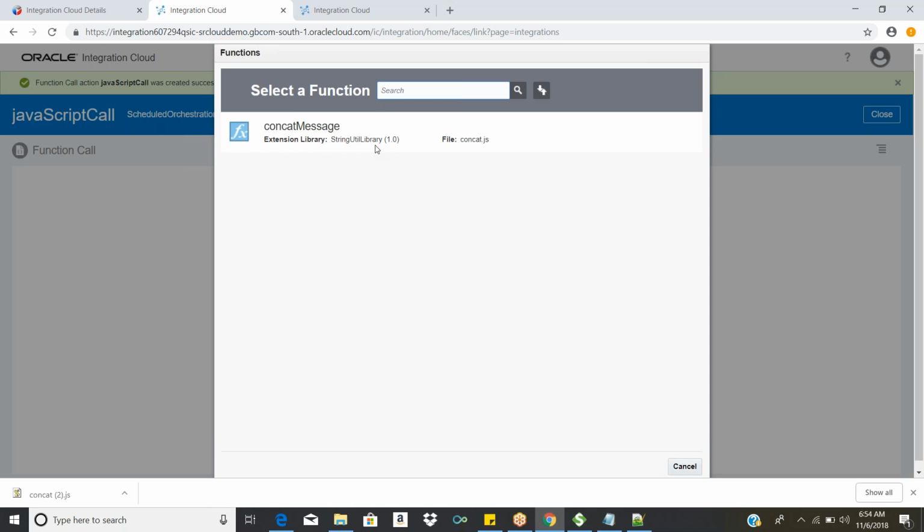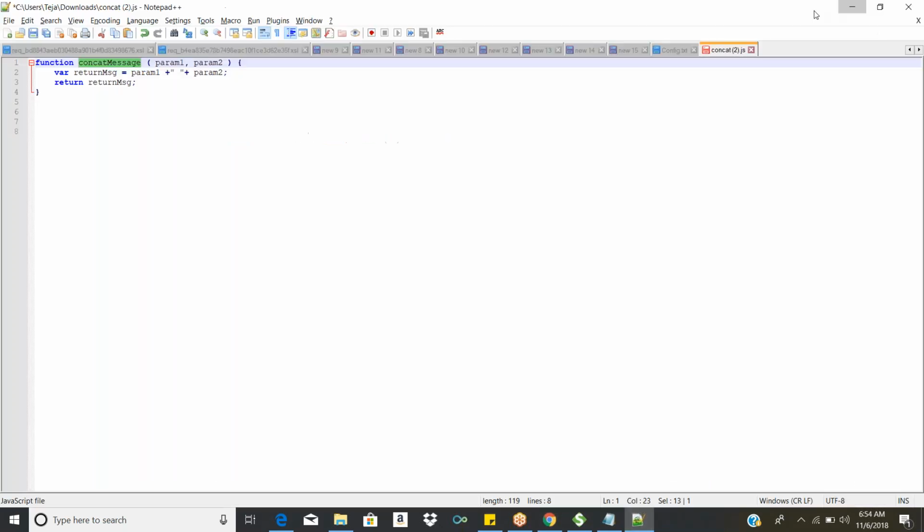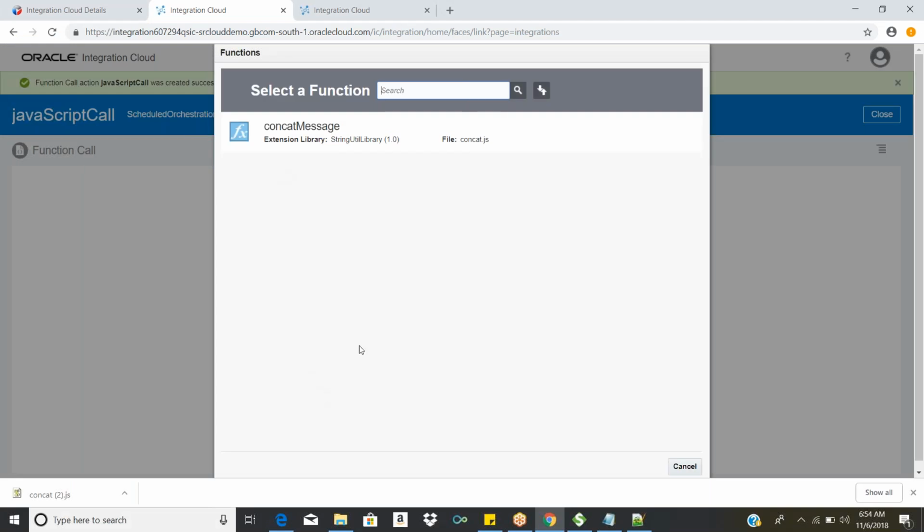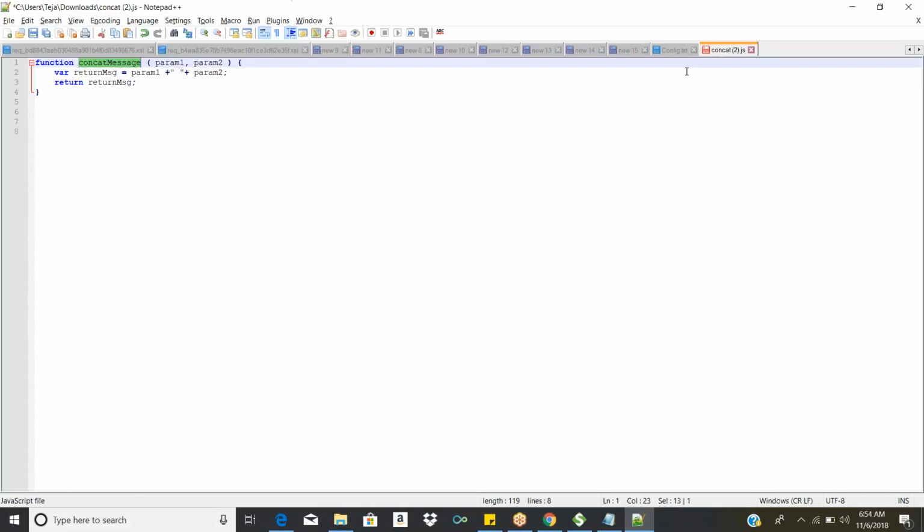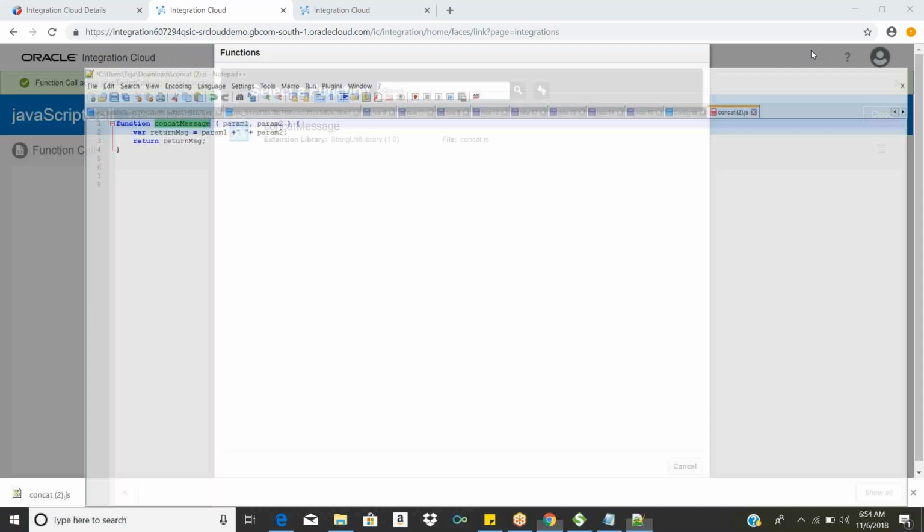If we have five functions inside this file, we can see five functions here. If we have another file with a different kind of functions, those will also populate here once we import it.